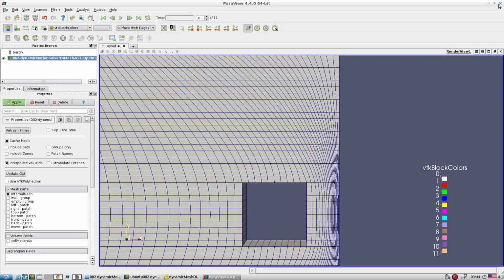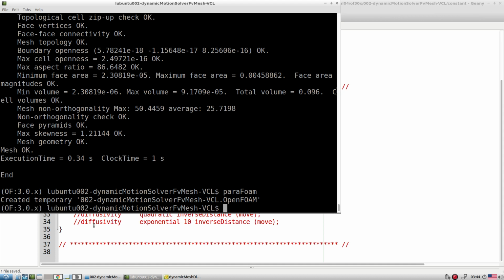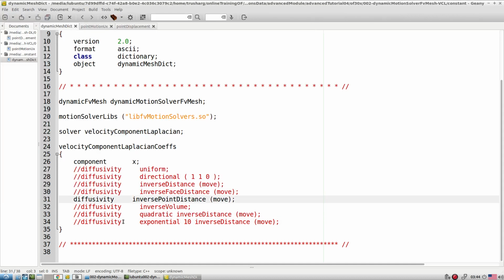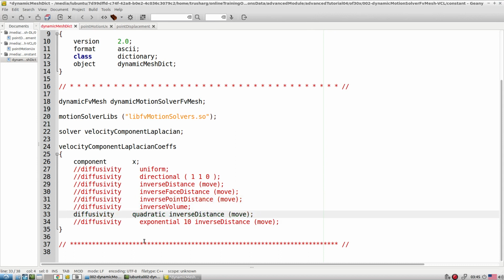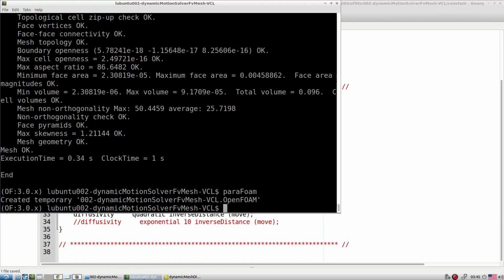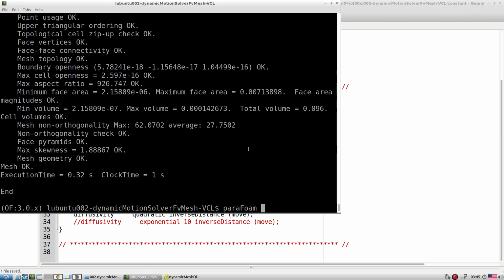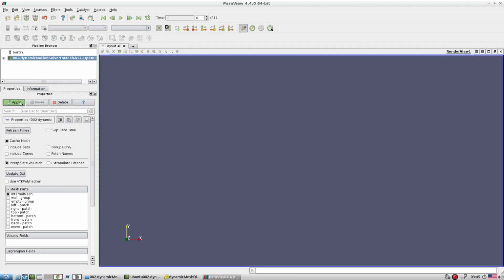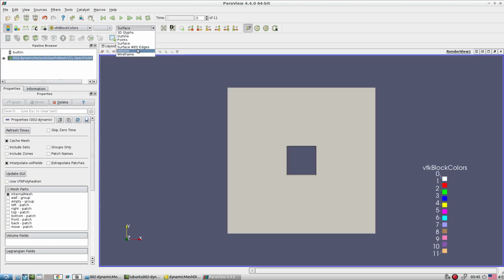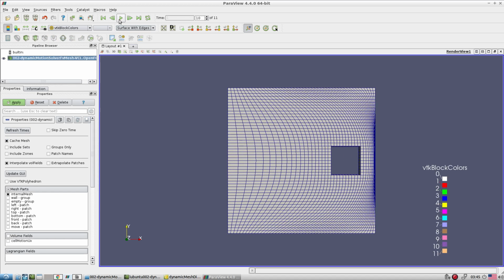Different mesh motion has different characteristics, that means different diffusivity concepts give you different classes of mesh motion. So depending on your requirement, based on your meshing configuration, look at the dynamic mesh motion and check whether the mesh is failing or not failing. If not failing, then go ahead and go for the final simulations.